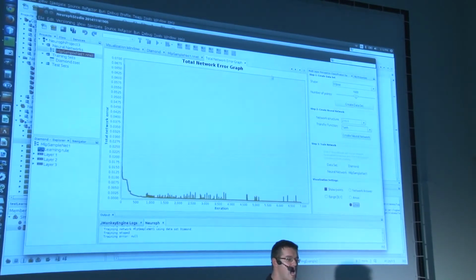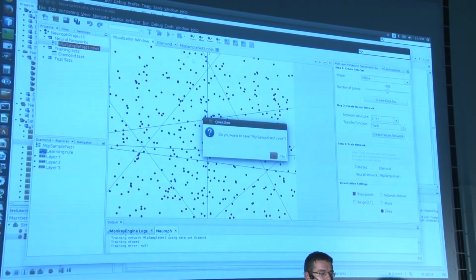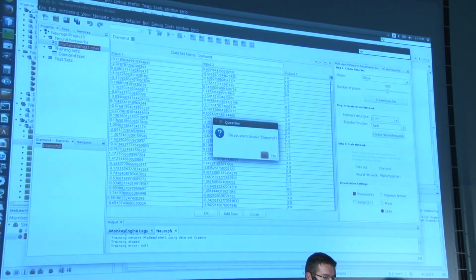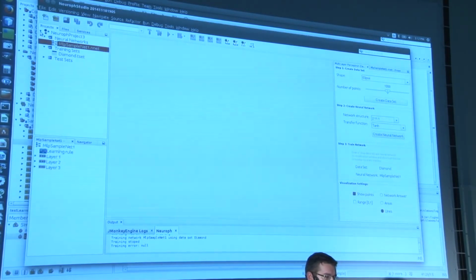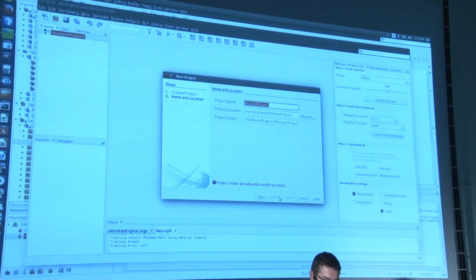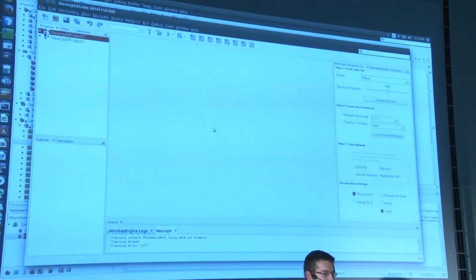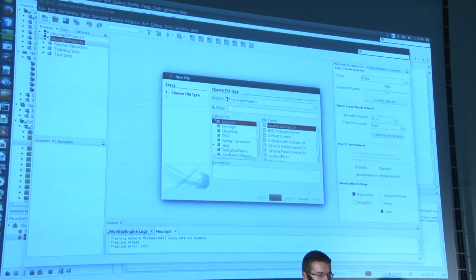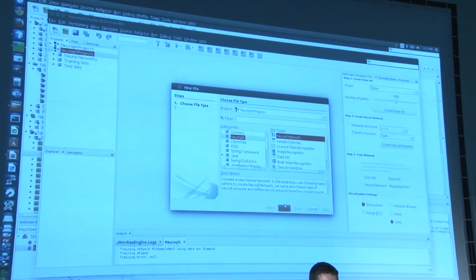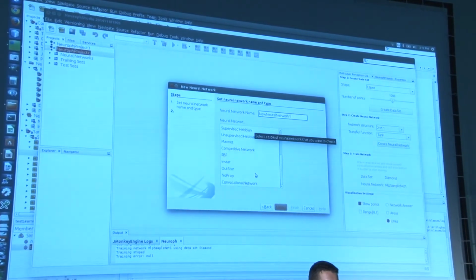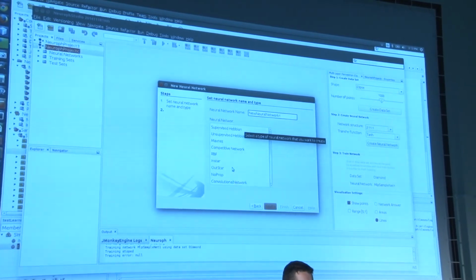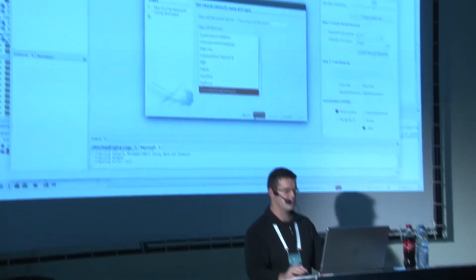Next thing, I'm going to show you how to create a convolutional network inside Neuroph Studio. Okay, so we are creating a new Neuroph project. And we go into File, New. We say we want a new Neuroph component. We say we want a new neural network. Say Next. And here we select the type of neural network that we want to create. As you can see, Neuroph supports a bunch of different types of neural networks. And here the last one is the convolutional network.